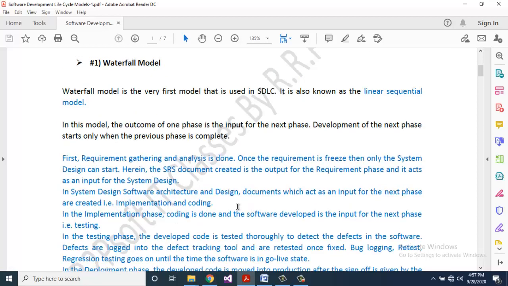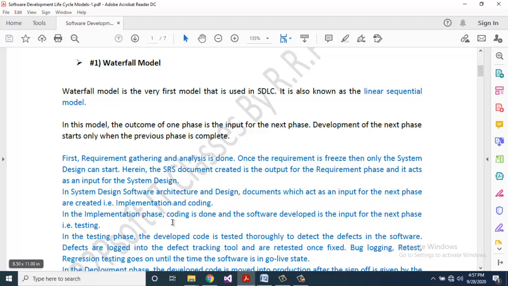In system design, software architecture and design documents, which act as an input for the next phase, are created, that is implementation and coding.